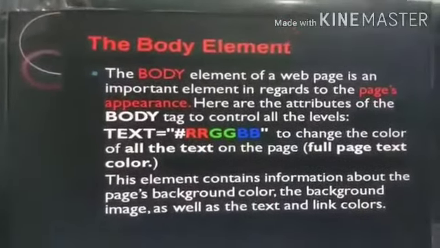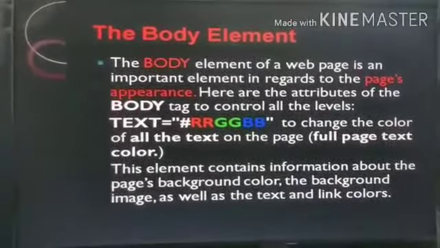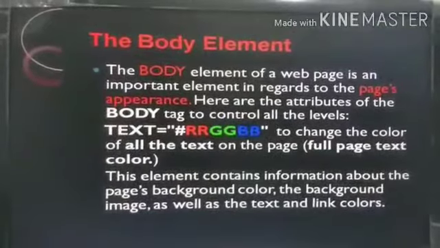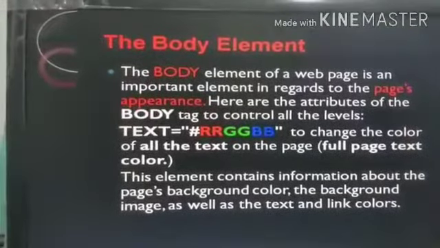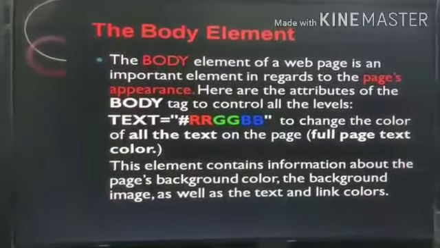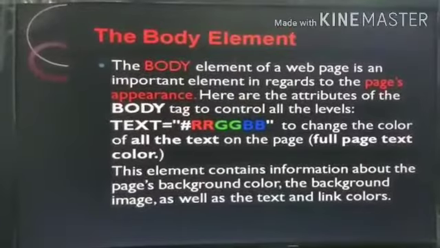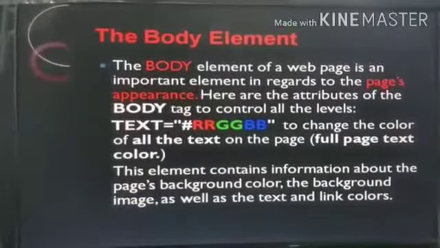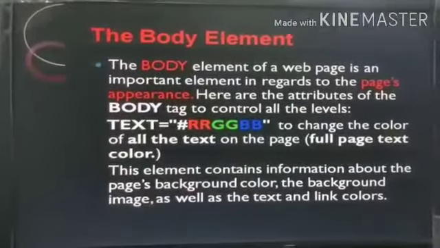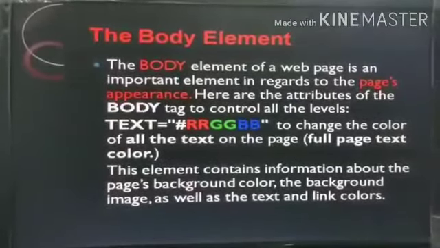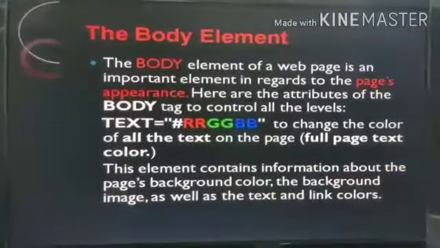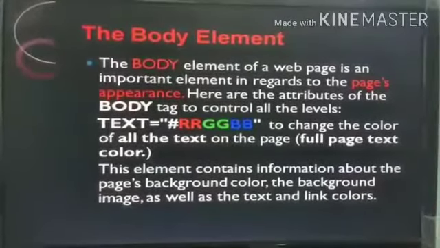Body tag uses some attributes to clarify itself. So we have to understand each and every attribute of body. There are certain attributes we will learn. Number one, that is the text. The text attribute of body tag we are using to provide the text color. Whatever text we are writing on our web page, we are going to display on our web page. So if we want to give a specific color, we can use one attribute, the text attribute with body tag, and for the value of the text attribute, here we can give the hexadecimal code of any color or the color name.